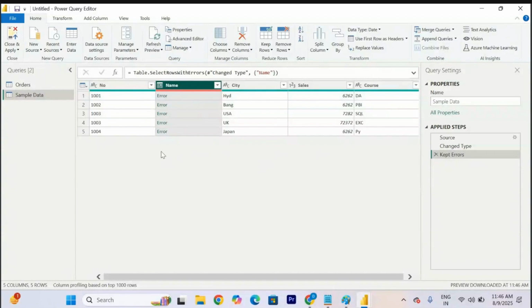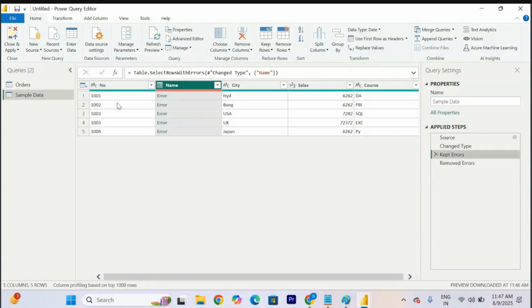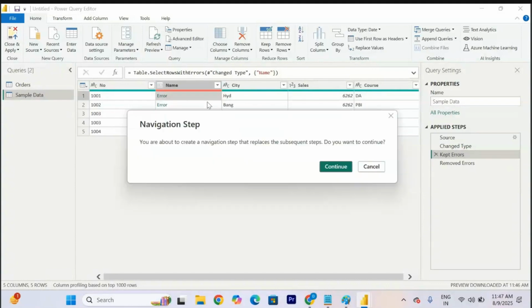So I want to remove errors. Go to Home, next Remove Rows, Remove Errors. So all gone. Whatever column contains the error, it is going to check with all the rows. Each row is going to be checked for whatever error is there. So for example, this one. So what I do,